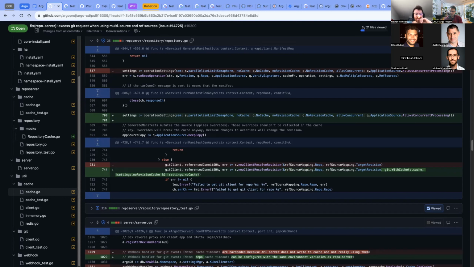The problem that I was seeing is related to that. So we have two issues here with the calls to Git. One is there's too many fetch calls. And the other one is there's too many ls-remote calls. The fetch calls, which I think is the one you're referencing, what happens is it gets a ref only source, tries to generate the manifest, but can't. So there actually is a fix for this. I think it was in the issue that I linked, and that's that if you add a path for the ref, it fixes it.